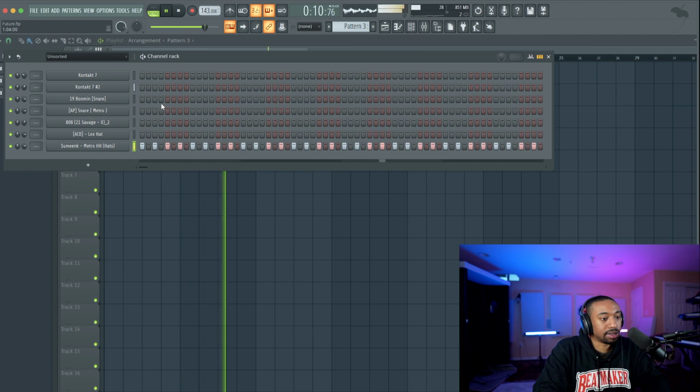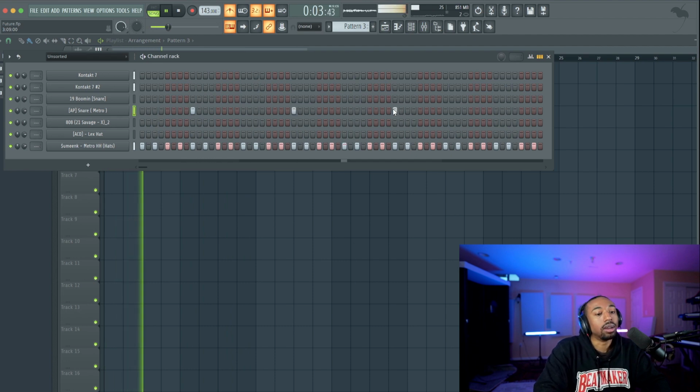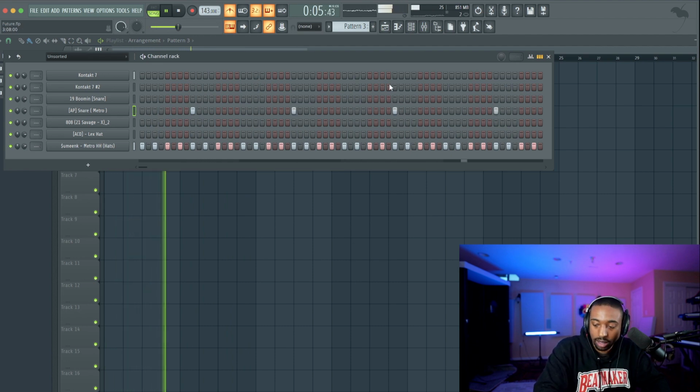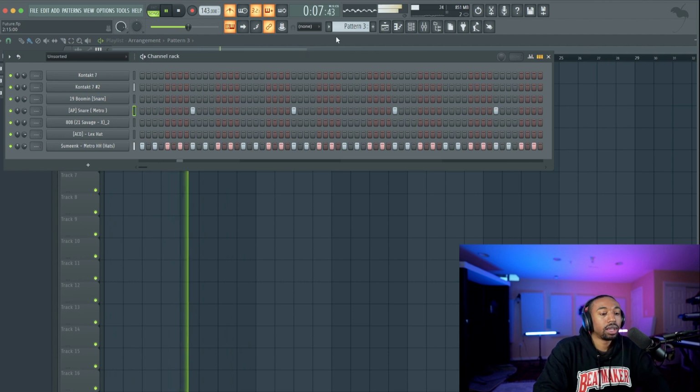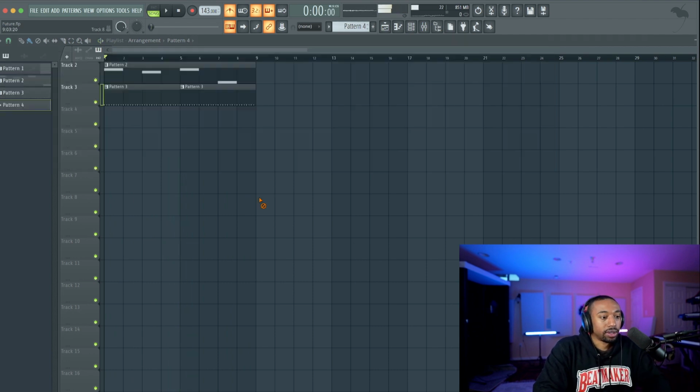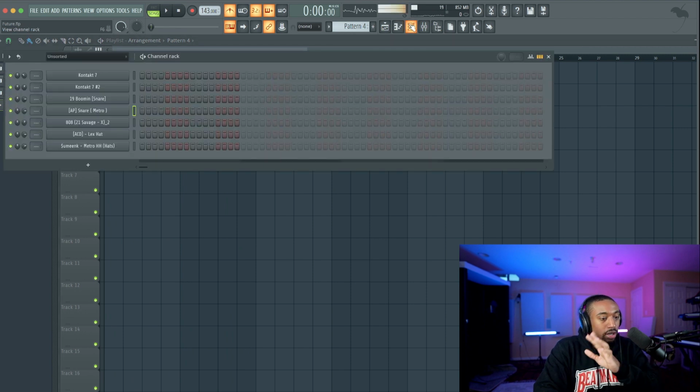Now let's add these snares in. Let's put the snare on the 3 and the 7. So it's 1, 2. Turn your metronome on. It's 1, 2, 3, 4, 5, 6, 7, 8. So that's going to be the background snare, and I'm going to separate the other snare because I could turn it on and off throughout the track.